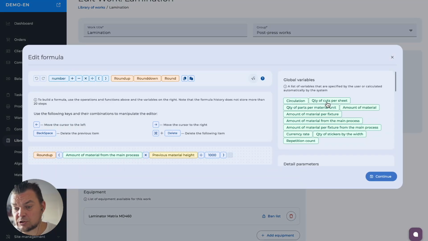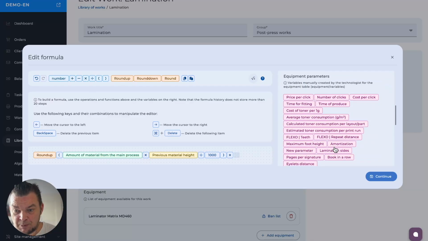of the entire process, and then we take, for example, in this particular case, the quantity of material from the preceding process, multiply it by the height of that material, and then divide by 1000 to convert it into meters. This is the simplest formula. Of course, we also need to add a bilateral component here, if we can take and then multiply it by